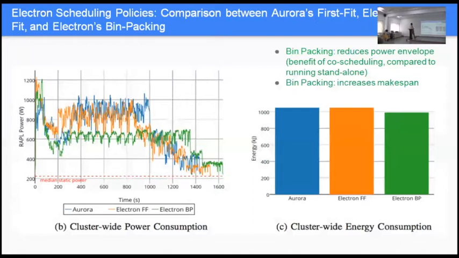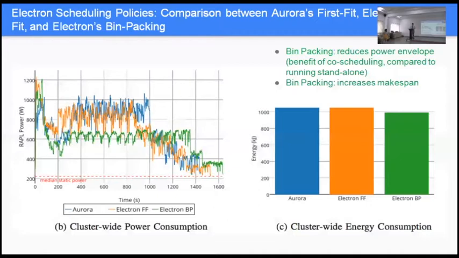We are able to keep controlling. The green shows that the power envelope of this particular strategy of bin packing is much lower than if you don't do it. If you don't do it, it keeps spiking. Remember, spiking is not good because if all the nodes spike at the same time, there's a surge. So we want to reduce it. We want to be able to give the guarantee to our electricity provider that we will keep within a certain limit. Well, we're doing that here, but look, there's a small increase in makespan.